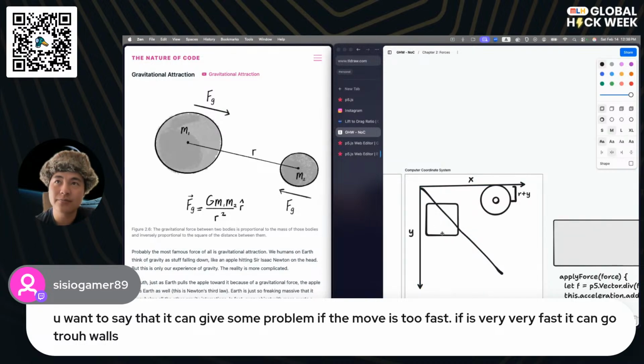If we take this box, and let's say every time we take a step, this box moves the size of one box. So if the box is right here, then on the next frame, it's going to be right over here, right?